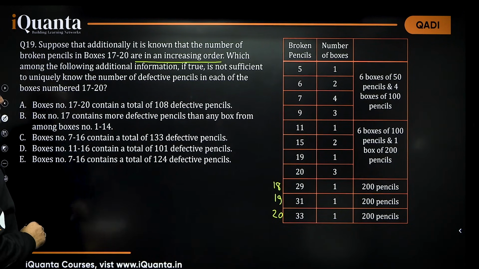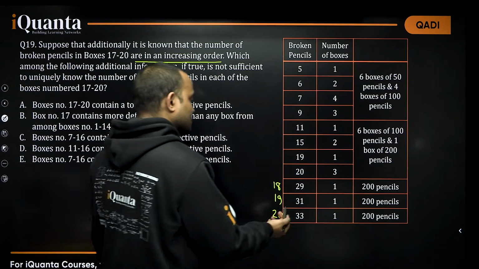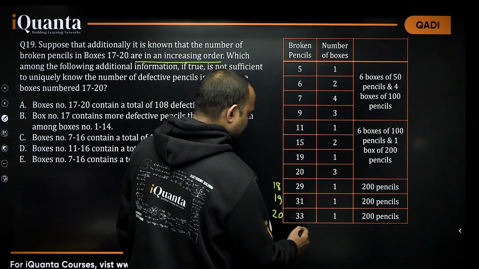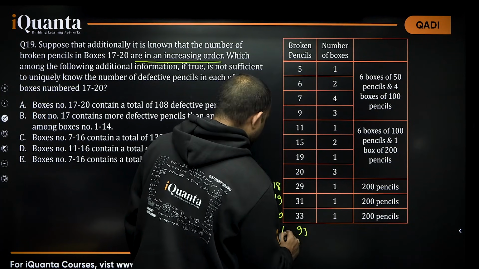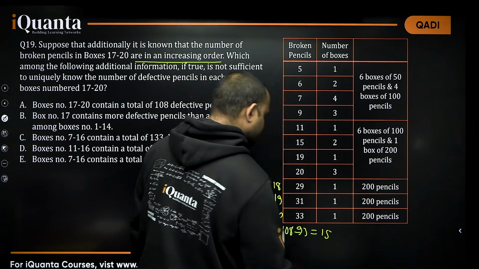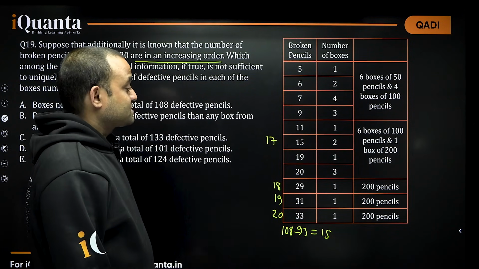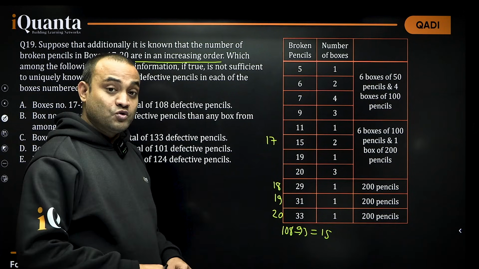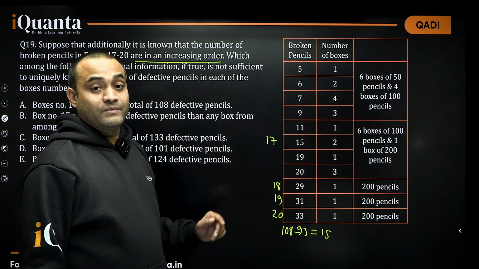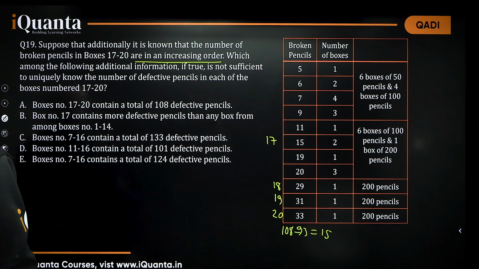Boxes number 17 to 20 contain a total of 108 defective pencils. Okay, so 29 plus 31, 60. We already have 93 and it's given 108. So 108 minus 93 is 15. So we can say that box number 17 must have 15 pencils. So that is true, as well as uniquely we can determine number of pencils in these boxes, right? Okay, then